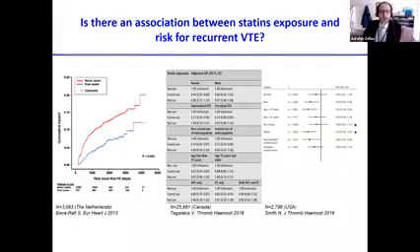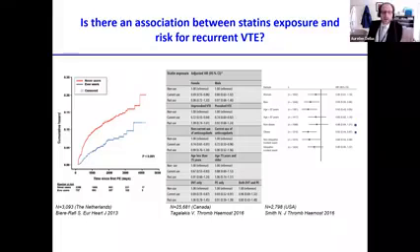Quickly after, there were other larger cohorts that were published from the Netherlands, Canada, and the United States. In this first study, the authors could show a reduction in the risk of recurrent thrombosis in patients receiving statins as compared with those non-users of statins. Here, Dr. Tagarakis could study 25,000 patients, so it was a good opportunity to look at subgroups.